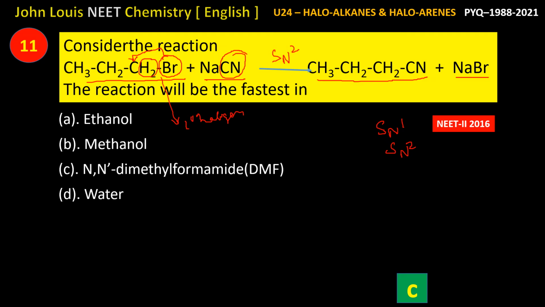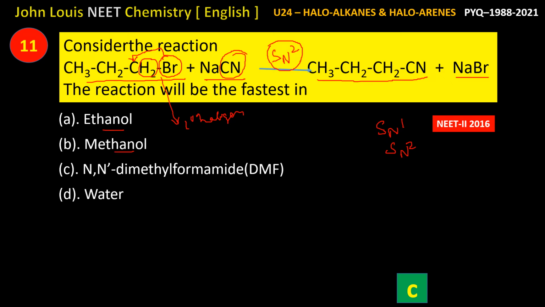If it is having only one hydrogen, secondary. If it is having no hydrogen, that is tertiary. See, the primary halogen compounds generally undergo SN2 types of reaction. Okay, so now the reaction will be the fastest in, so they are given some solvents